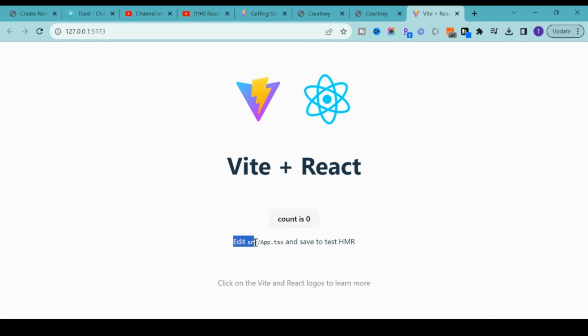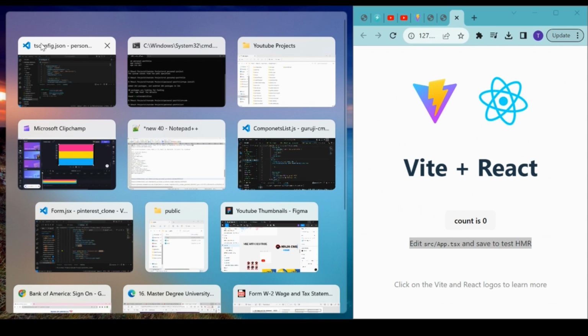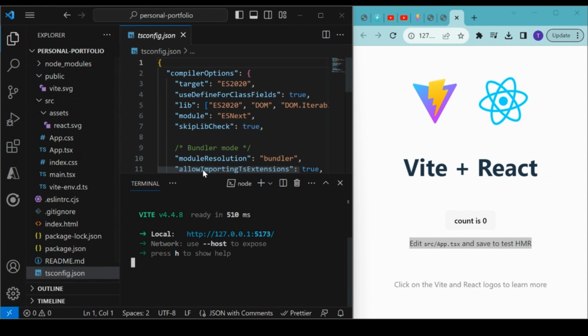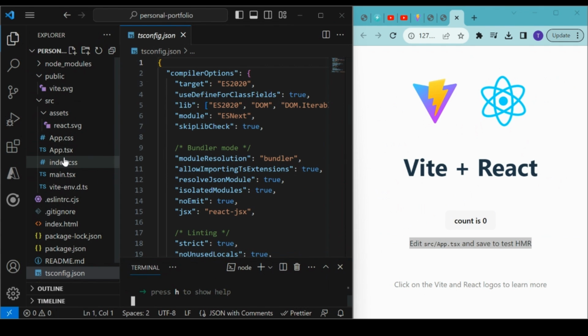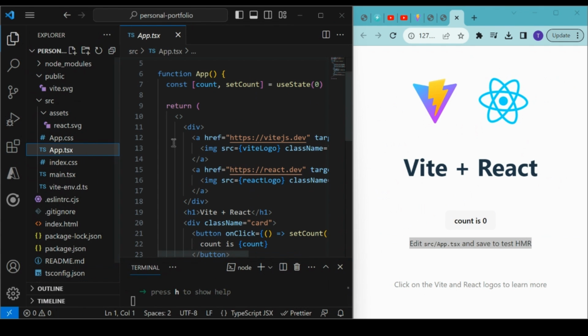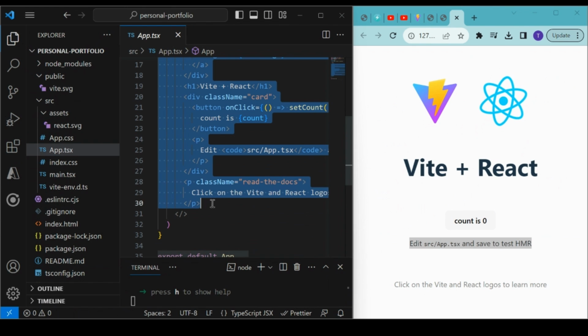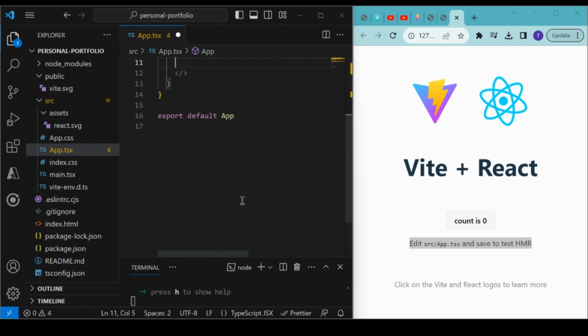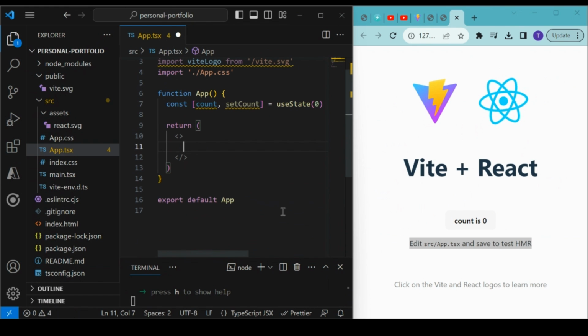And they mention to edit src/App.tsx to test the hot reload, right? If you go to app.tsx, here is the beginner file. So if I remove this one and type something like an h2 tag, I will type subscribe